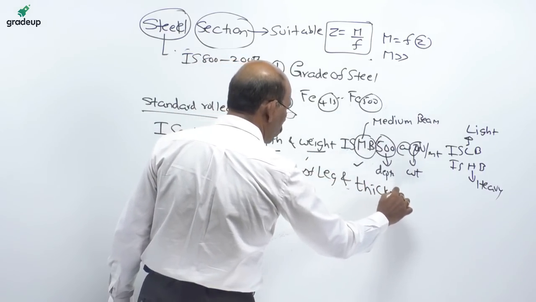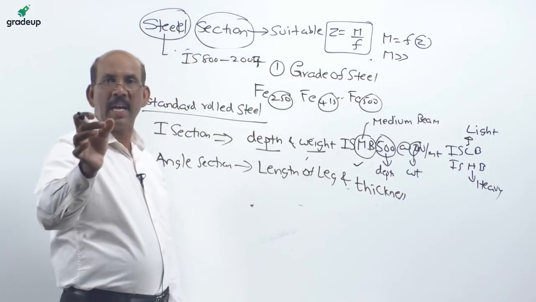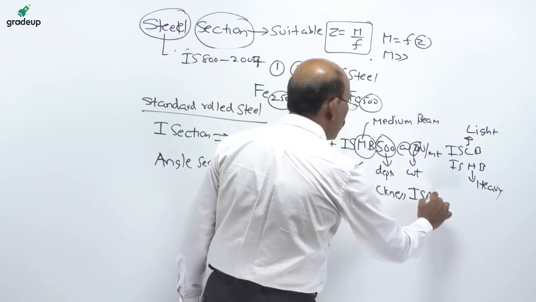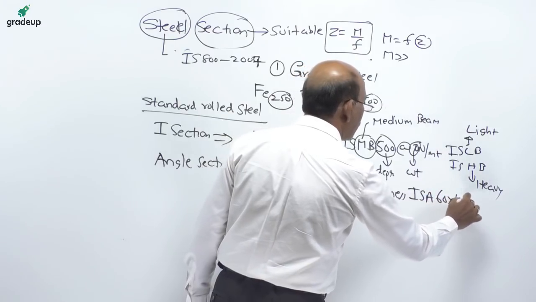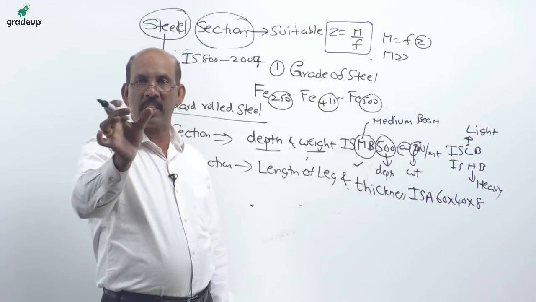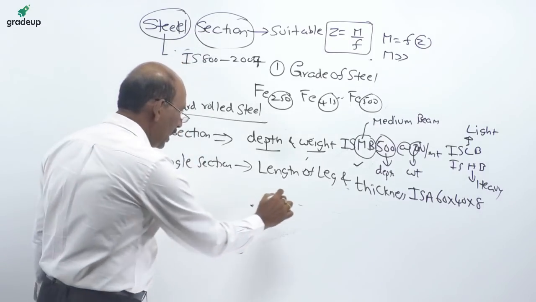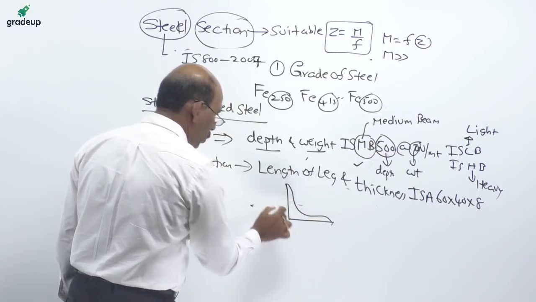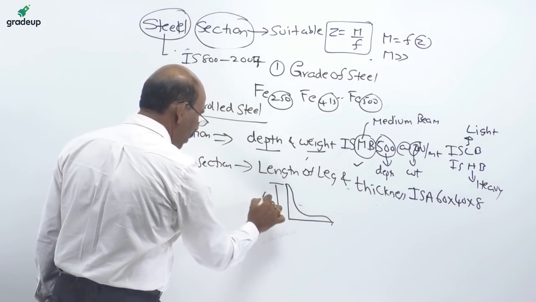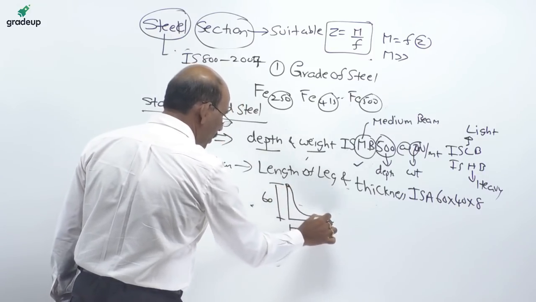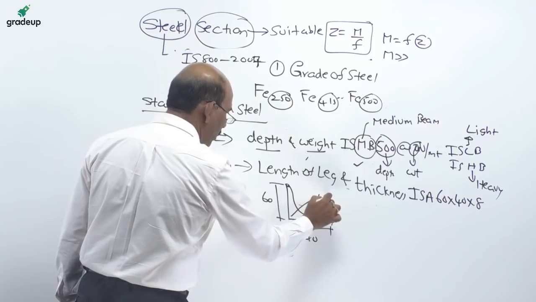For these angle sections, we say ISA 60/40/8. We refer to the section as 60/40/8. So this dimension is 60, this dimension is 40, and the average thickness T is